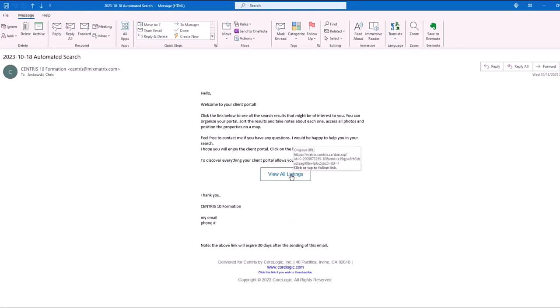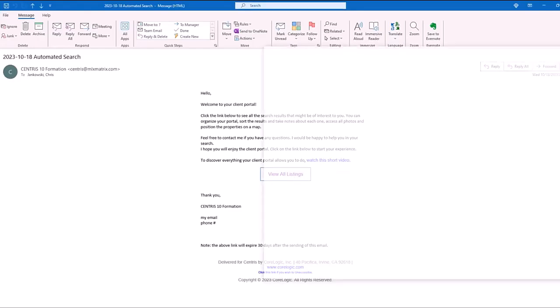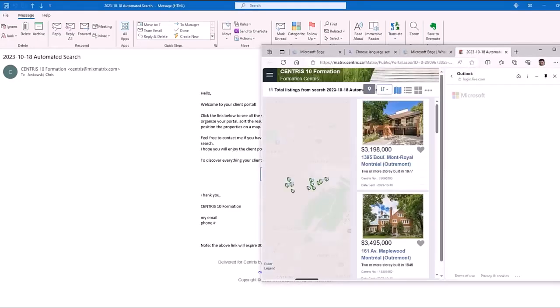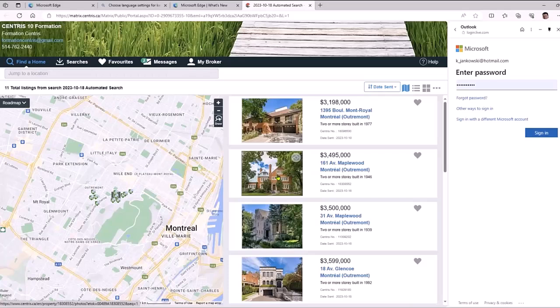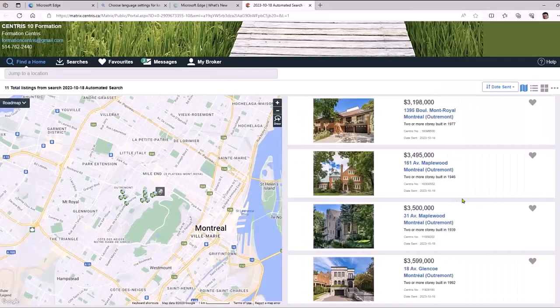So your client will see this, will arrive, and it clicks view all listings. Okay. I see it opened, and for some reason it opened in Microsoft Edge. I don't know why, but it did. But either way, this is what you see if you are the client.